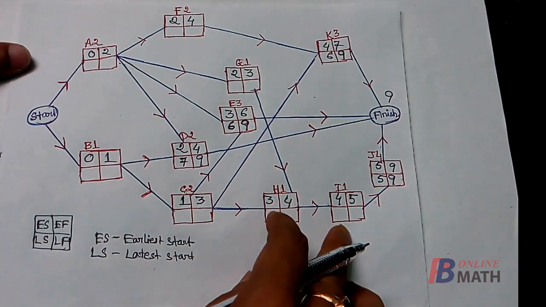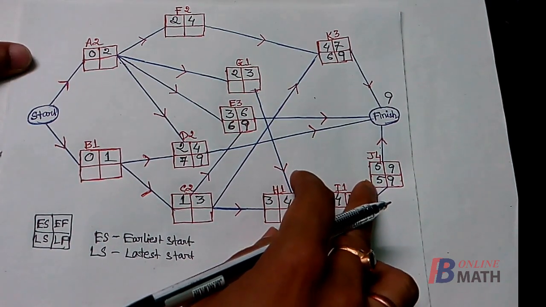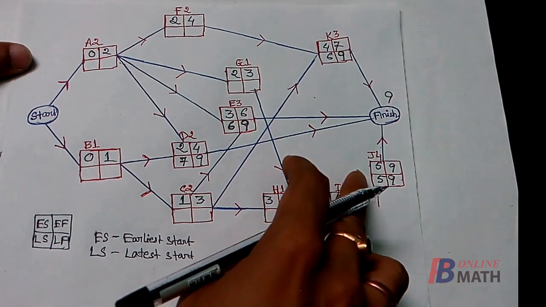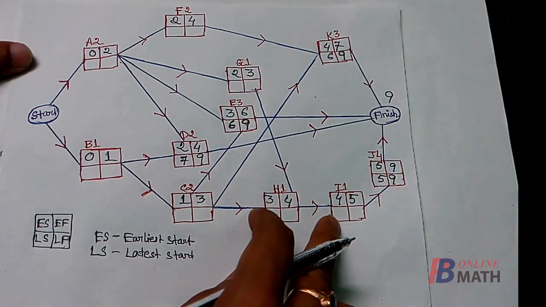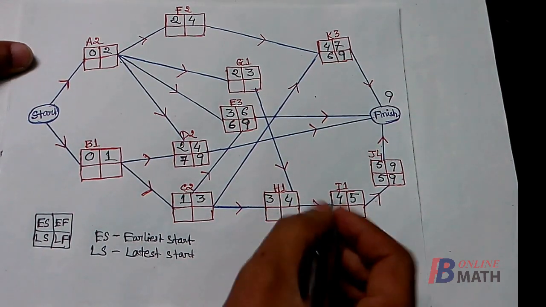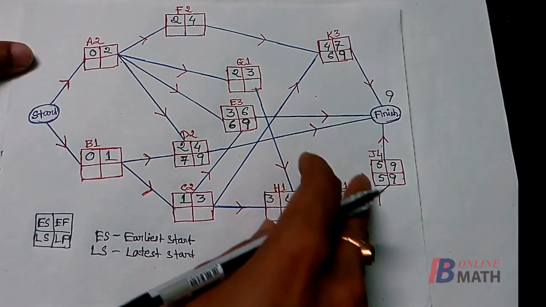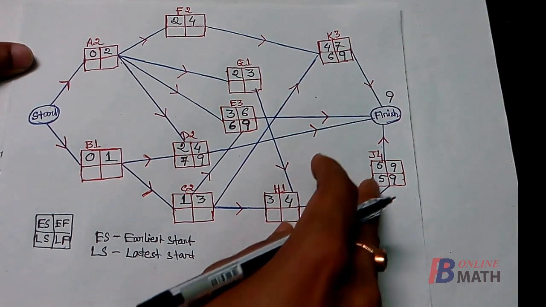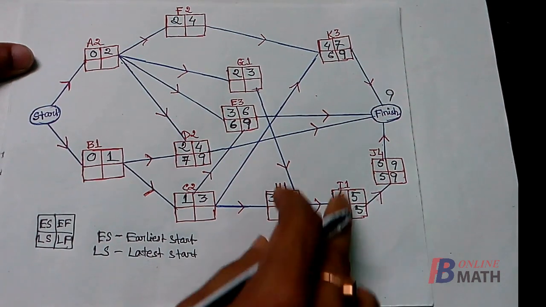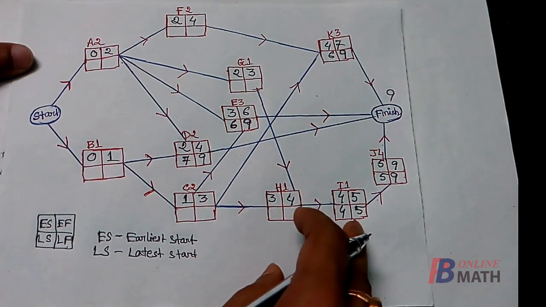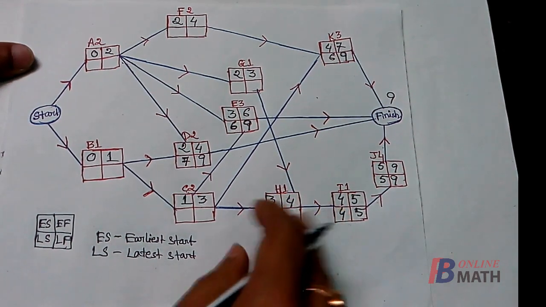Okay, next we consider the activity I. Now the latest the activity J can be started is 5 weeks. Now the activity J can be started only after completion of the activity I. So the latest finish time of the activity I should be this 5 weeks, so that we can start the activity J latest by 5 weeks, such that the project can be finished within 9 weeks. Now similarly, 1 is the time required to complete the activity I. So 5 minus 1 equals 4. This is the latest start time of the activity I.